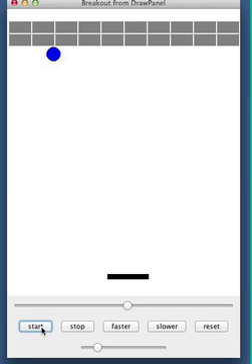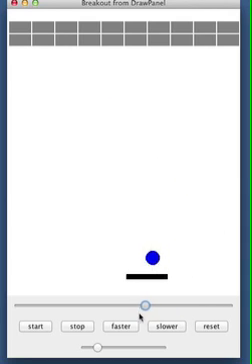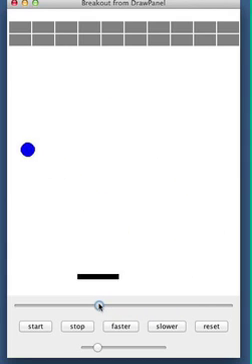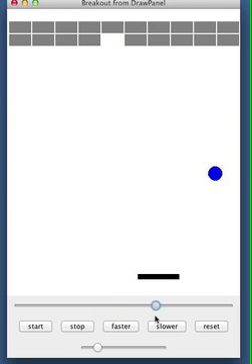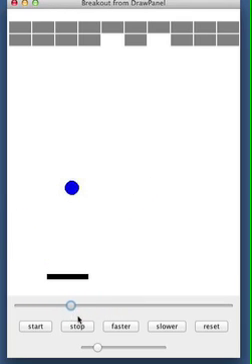When you press start, there's a 2-second delay before the ball starts up to give the player a chance to get their hands on their slider. As the ball bounces around, if it hits the blocks, it deletes them. The goal of the player, of course, is to get rid of all the blocks, and we can speed up the ball